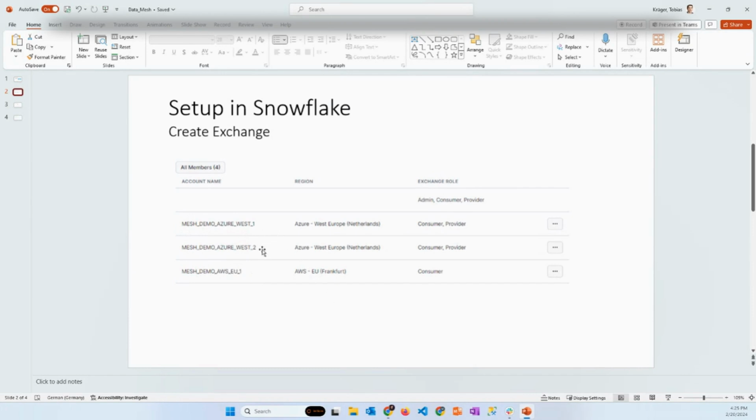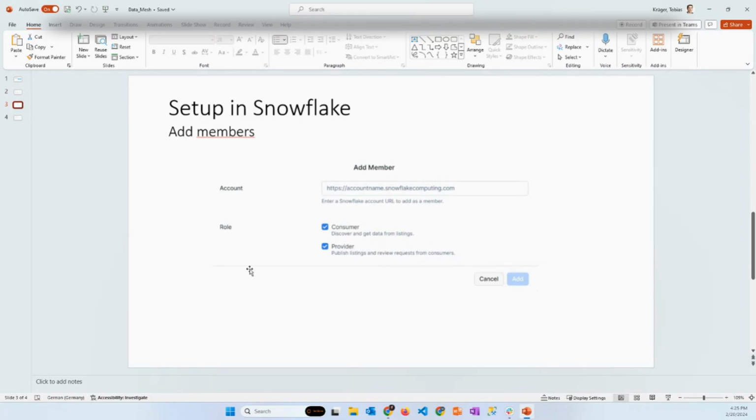Azure West 1 and Azure West 2 are both consumers and providers, and the AWS E1 account is only a consumer in this space. If you want to add members, you type in the account name, hopefully a little better than I did earlier when I wanted to share something.